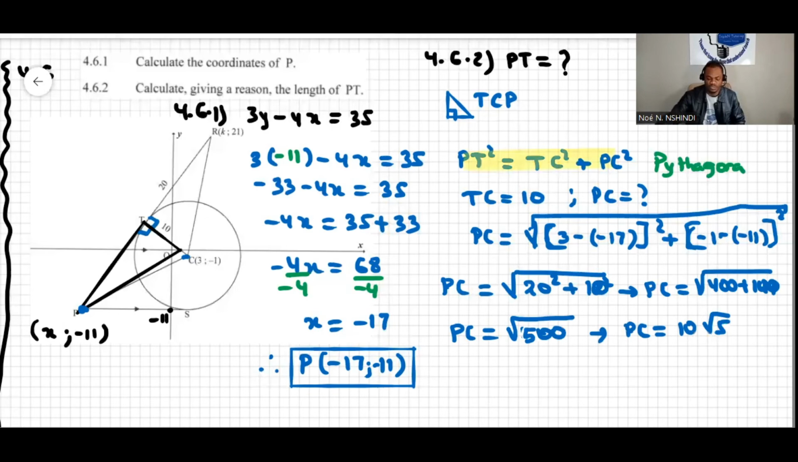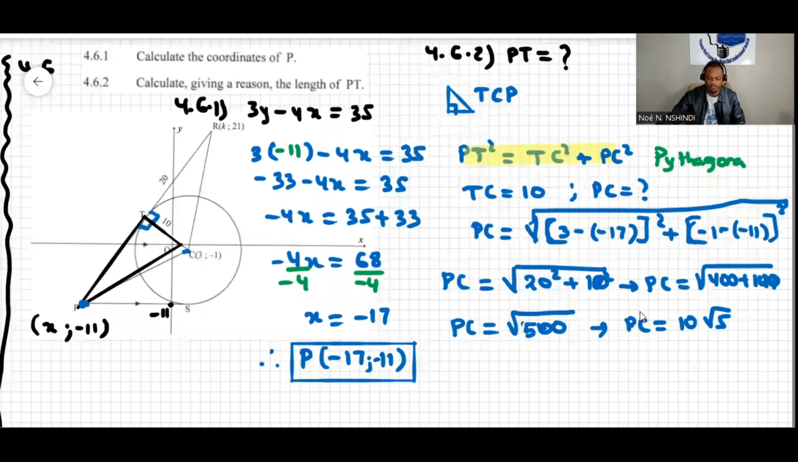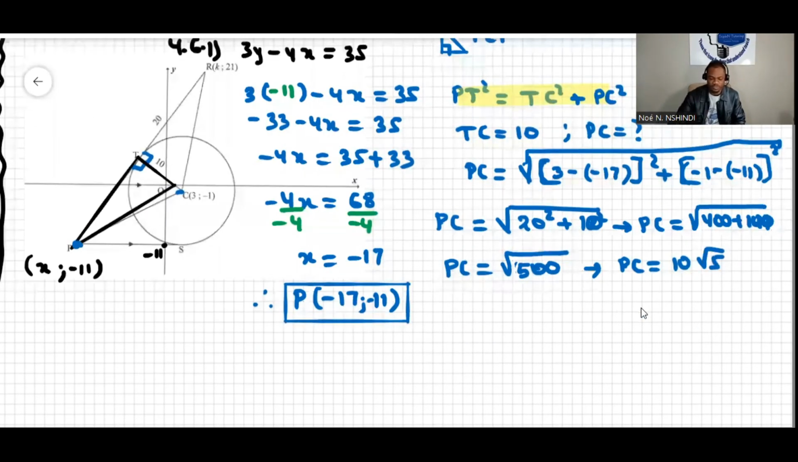So this will be PT squared. PT squared will be equal to 10 squared plus 500, because that's PC squared. PT squared will be equal to 10 squared is 100, so 600 equal to 600. And then we can